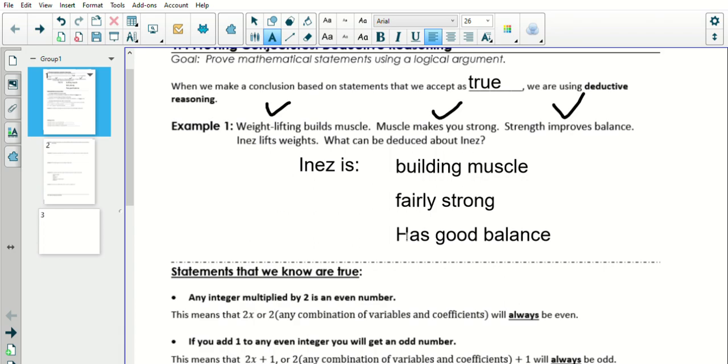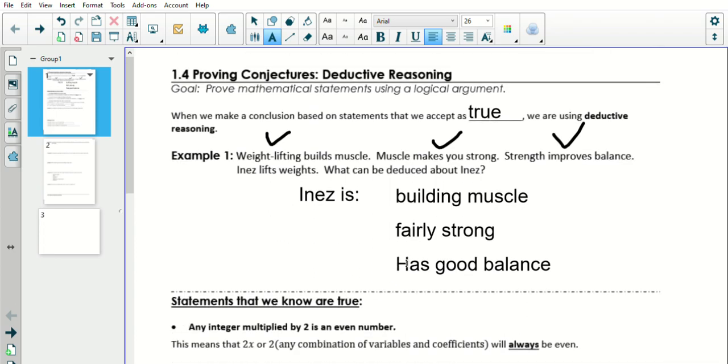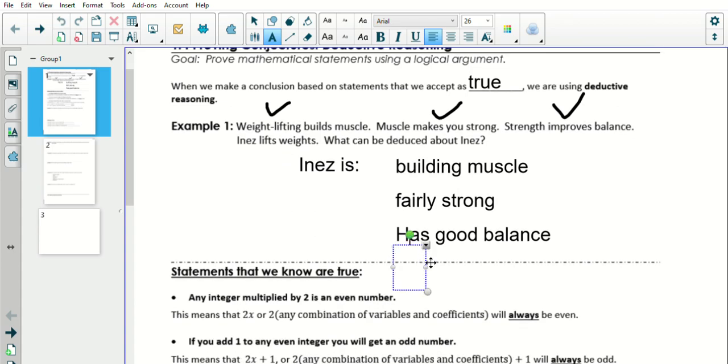Of course, it's going to be 2, 4, 6, 8, and so on and so forth. But how do we show that algebraically? Well, if we let x equal a number,